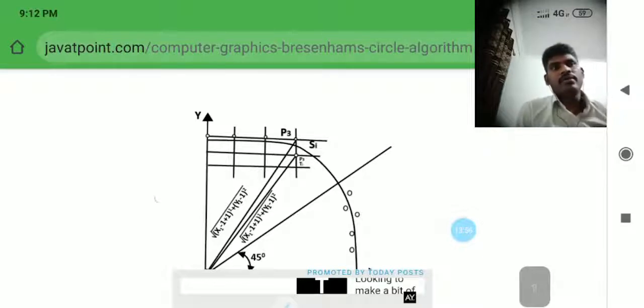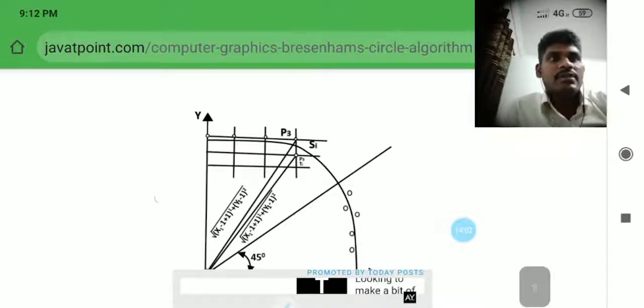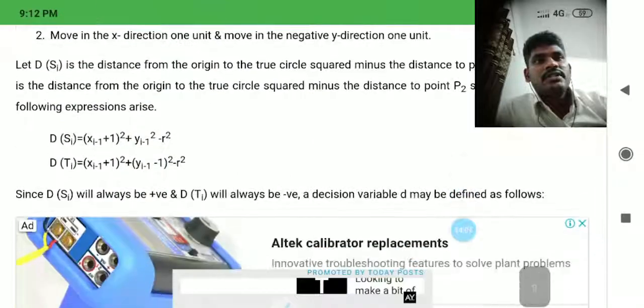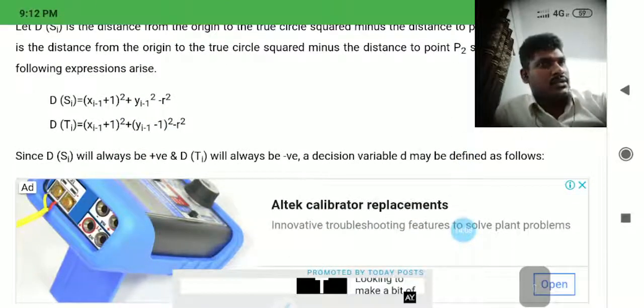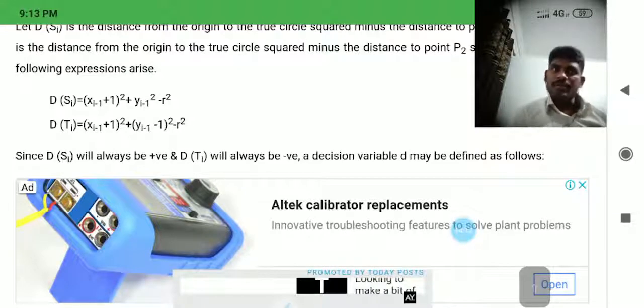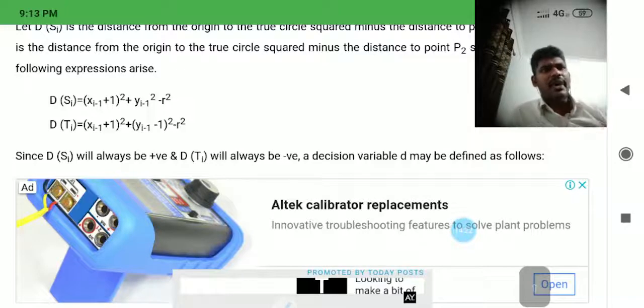So in that scenario, you have to follow the decision parameter. Which one is near to you? As per the decision parameter, we will select the point. Look here, what is the decision parameter here? T is the south side. For example, if you want to take the south side point, one is south side, one is north side. Which one do you want to select? It depends on the decision parameter.